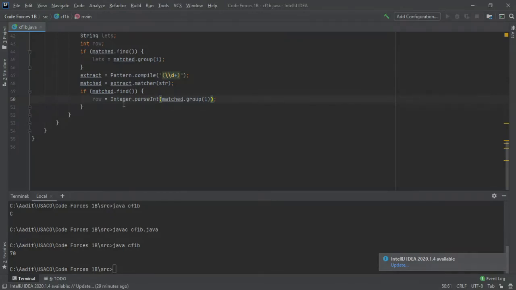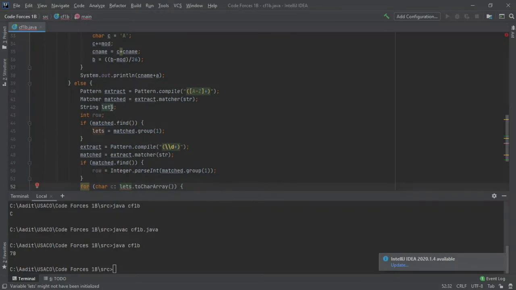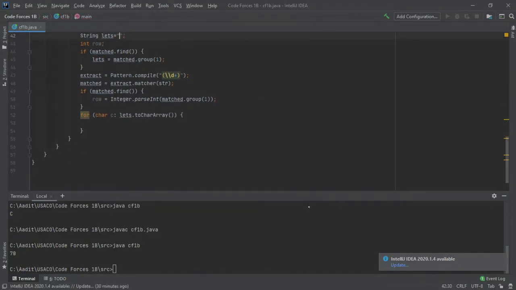And that's going to get us our letters and our rows. So our row we don't need to touch. For our letters we just iterate through. So for char c in our let's dot toCharArray. Oh, okay, sorry. Right? So for char c in let's dot toArray,